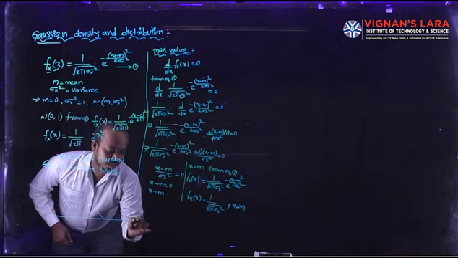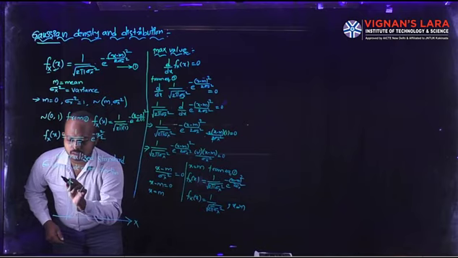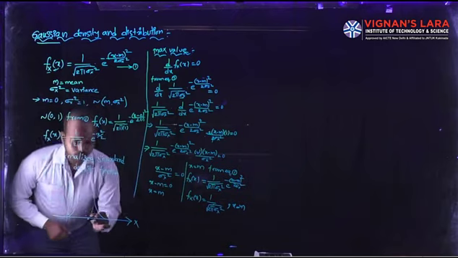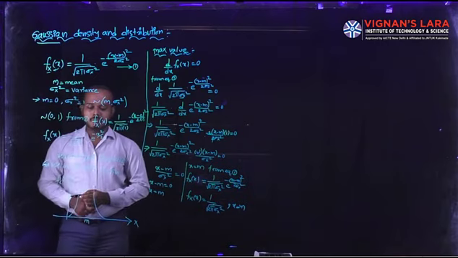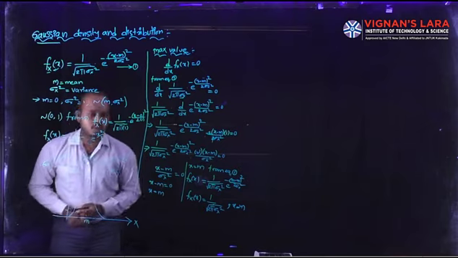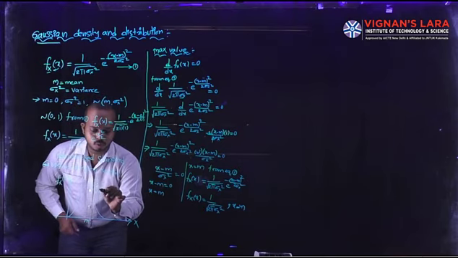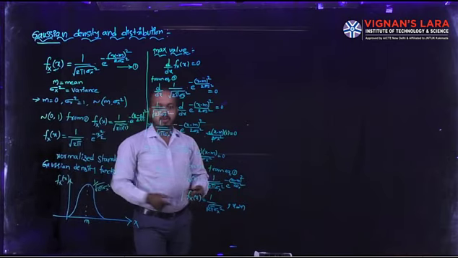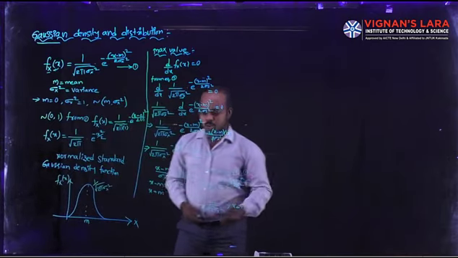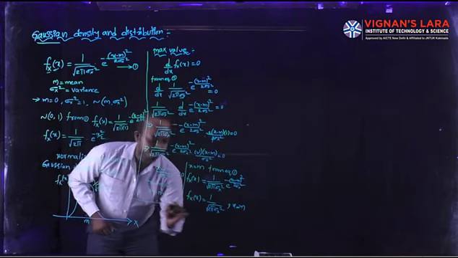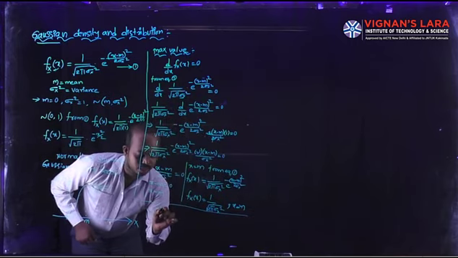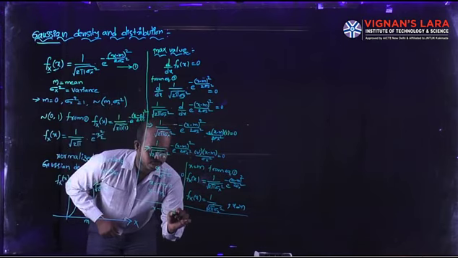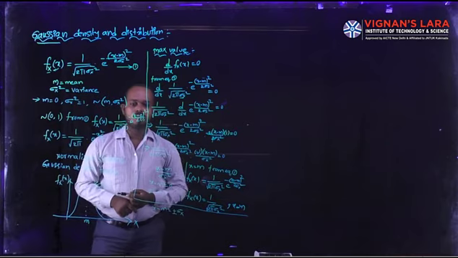On the x-axis, I am taking the random variable. On the y-axis is the density function fx of x. We obtain the maximum value at the mean. At the mean, the maximum value is 1 divided by square root of 2 pi sigma x square. You need to find the remaining values. Just take x minus m as plus or minus sigma x.